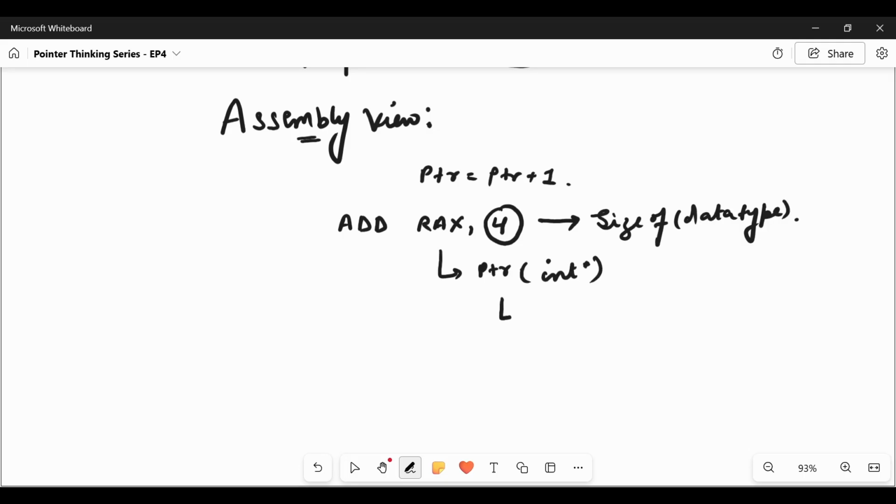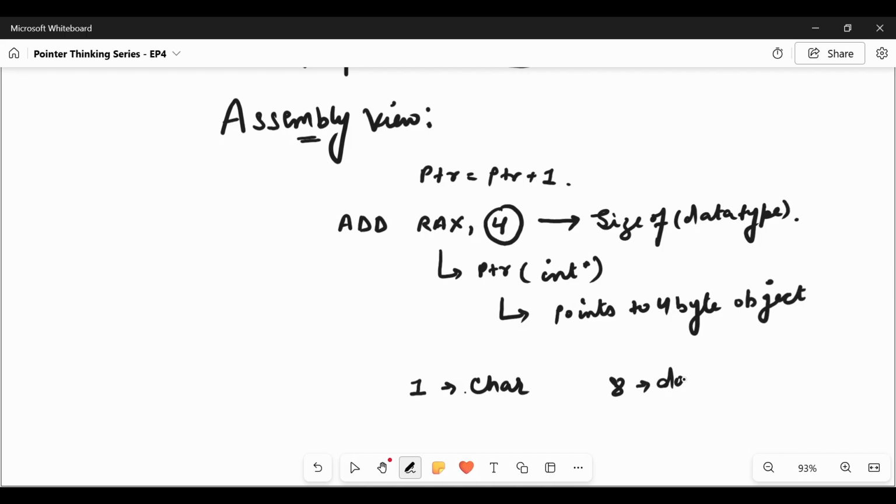So it points to a 4 byte object. When the pointer is of char type, it will move by 1, pointing to a 1 byte object. So in place of 4 we will have 1. When it is of double type, it will move by 8. So in place of 4 we will have 8. So the pointer moves by the size of the data type.